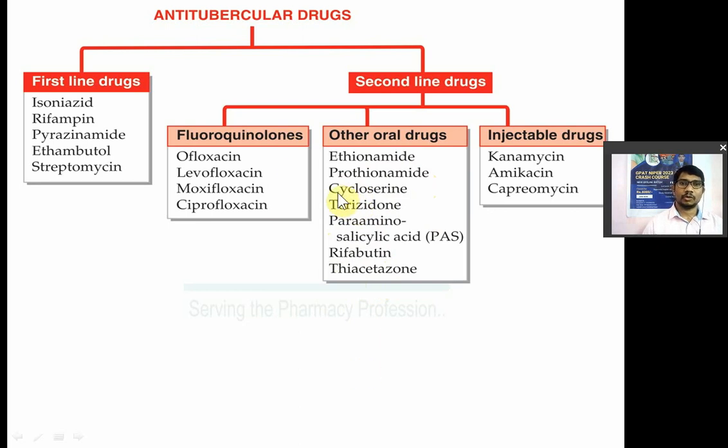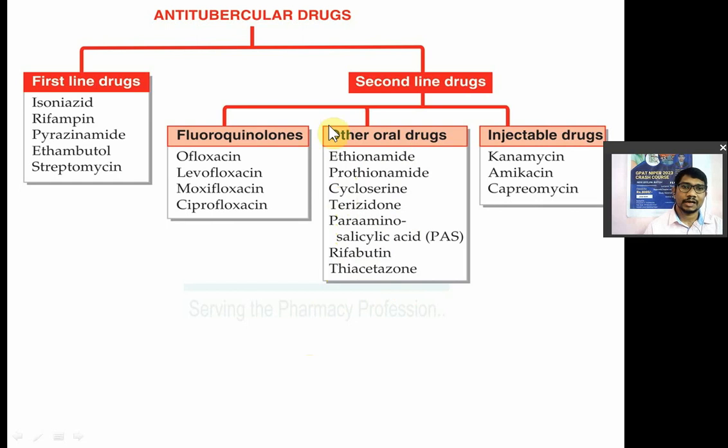पीपीटी मतलब पी फॉर प्रोइथेनामाइड, पी फॉर पैरामाइनोसैलिसिलिक एसिड, टी फॉर टेरिजिडोन। PPT CE मतलब, C फॉर साइक्लोसेरिन, E फॉर इथेनोमाइड। सो PPT से क्या मिलता है? TRP मिलता है। PPT से मिलता है आपका TRP। सो PPT से TRP, R मतलब रिफब्यूटिन एंड T मतलब थायस्टेरोन।